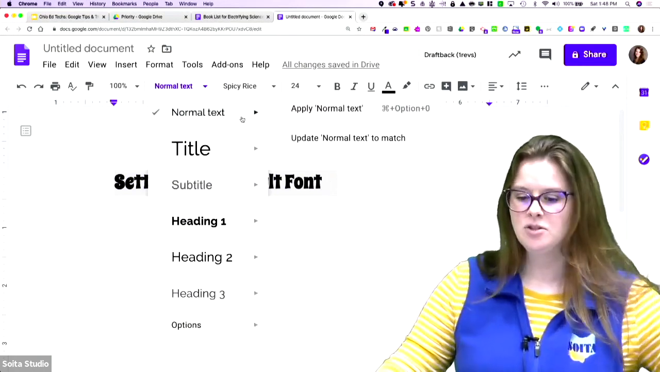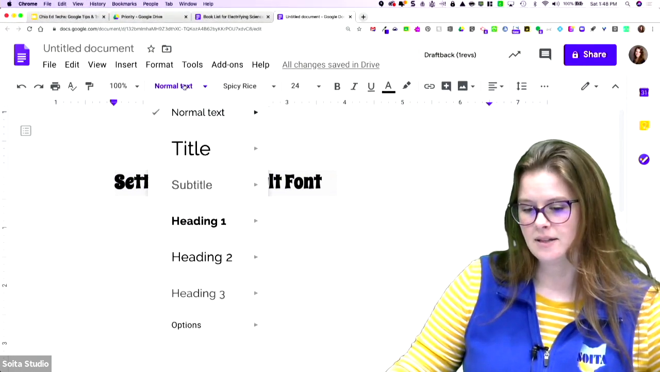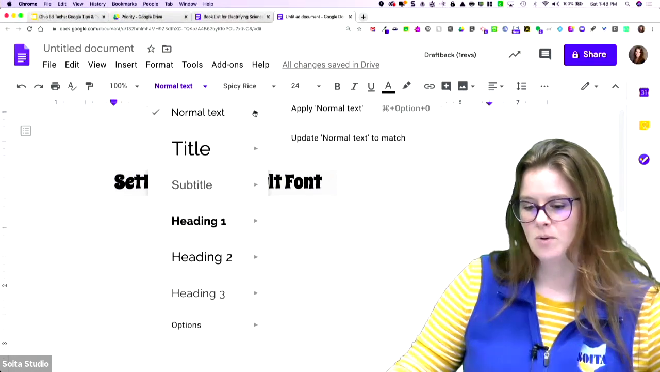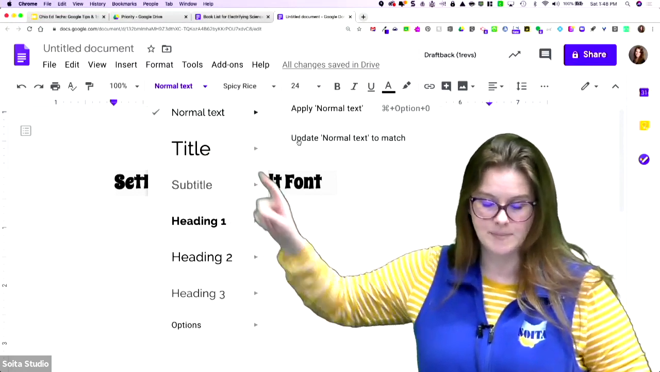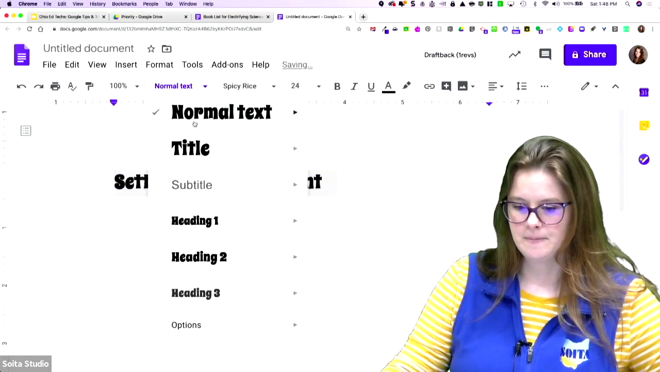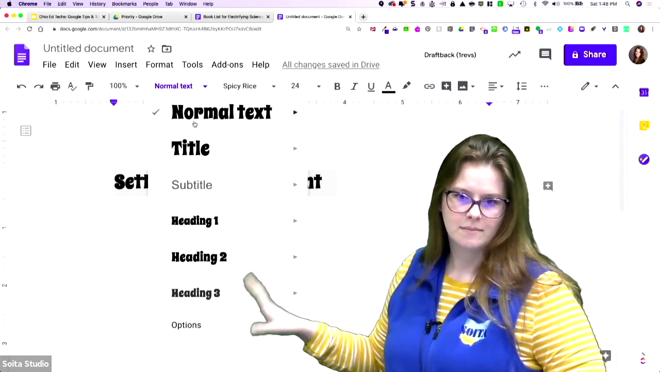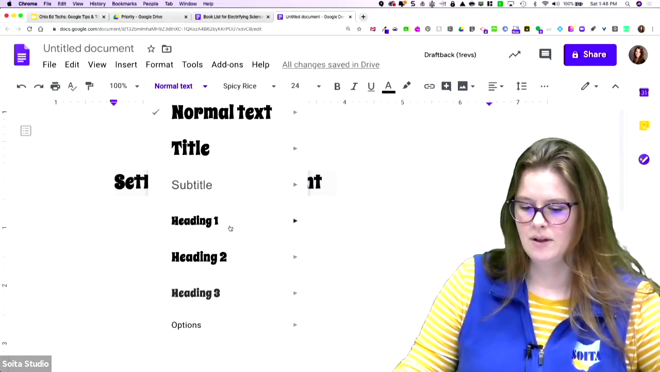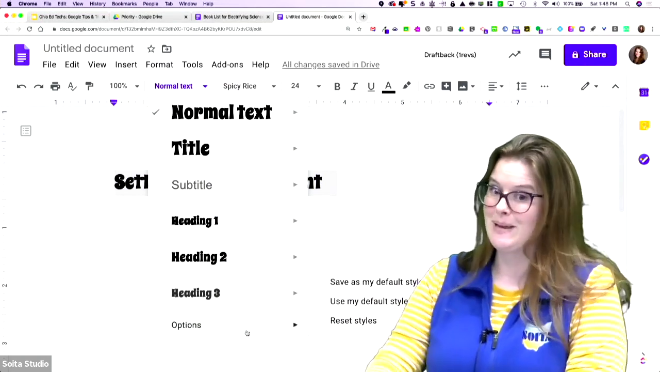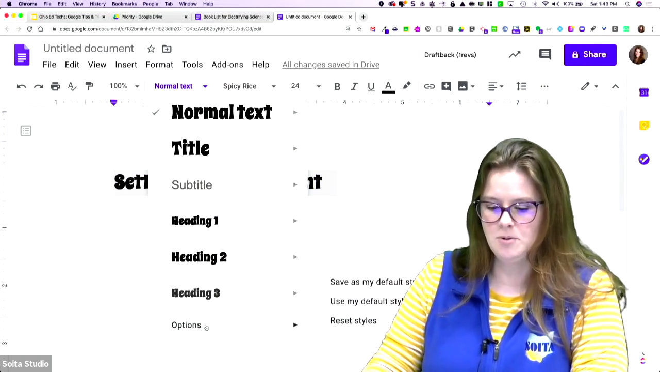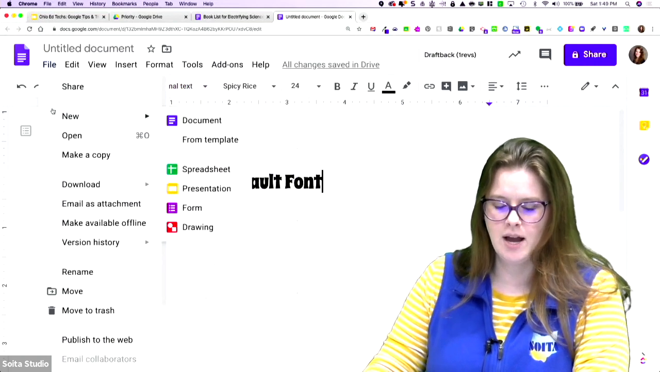All right? I'm going to do normal text. I'm going to go over here. I'm not clicking. I clicked on this, and now I'm hovering over here. We're going to update normal text to match, and then you're going to see the next time I come in here, normal text is going to be in that Spicy Rice font. See that? And it's made the rest of them cohesive, okay? Now, if I wanted to go in here and save this, the next time I come into a document, when I start typing, I'm typing Spicy Rice 24, I'll come down to Options and Save as my default styles. So when I go into a new document,